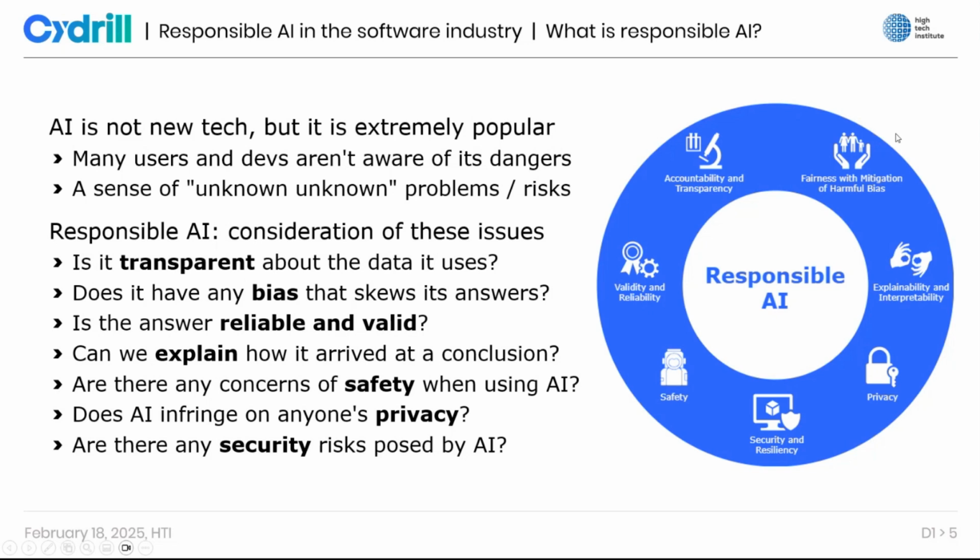The second one is fairness with mitigation of harmful bias. This is a very important topic in AI in general, because unfortunately there have been a lot of situations where the models, or even the people training the models, have biases that end up in the AI model itself. But when it comes to code generation, this kind of bias is a bit more technical, such as: is the code and the documentation associated with the code only in English? If I give a prompt in Hungarian, for example, am I going to get the same quality of results, or is it going to be a bit worse?